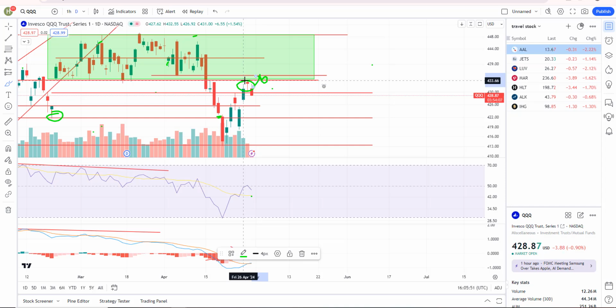So it only makes sense that you have to trick people a little bit, and that would be maybe with a big move up, run the stops, and then roll over. I don't know if that's going to happen. I'm just saying that's a possibility. Again, everything that I talk about is just a possibility, and we want to trade accordingly if we see those things line up. As of right now, we're being rejected, and it is resistance.